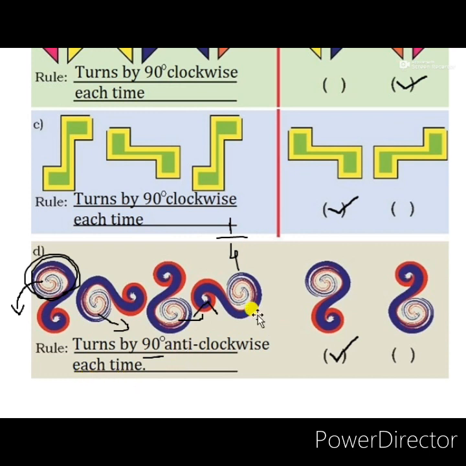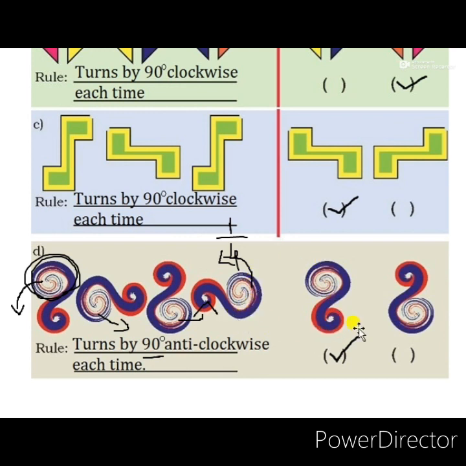Now we have to choose which position will be the next pattern of this figure. If this side moves to the upside, where will it reach on the top part? So which position is correct for this figure? The first one. In the second one, that part is showing downward, so that figure is not suitable. The first pattern is suitable for this figure to complete the next position. Students, complete this page in the textbook.